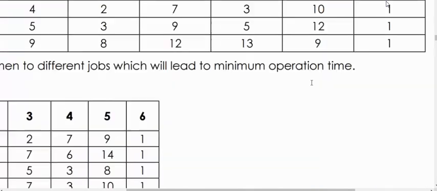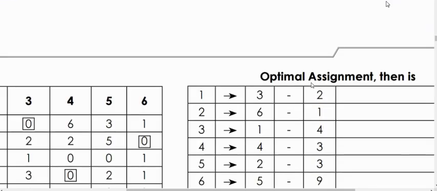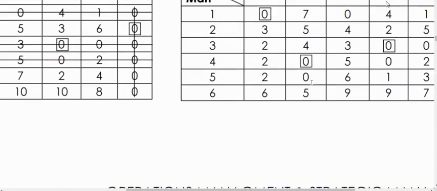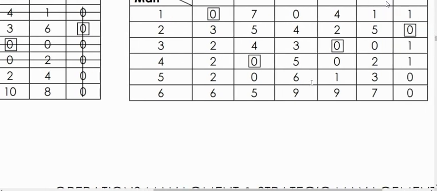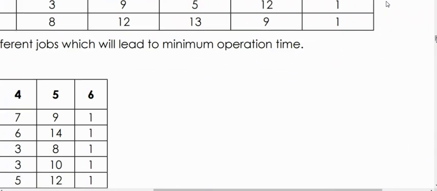Okay. So guys, see, after I have done this part, after I have obtained this part, then I have two things remaining. The remaining jobs are the third job and the fifth job. So the third job I can allocate to the fifth man or I can allocate it to the sixth man. Similarly, the fifth job can be allocated to the fifth man or the sixth man.